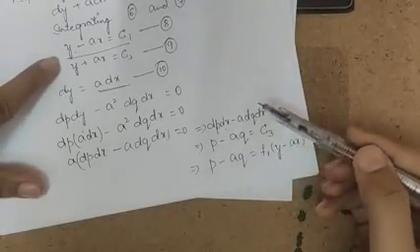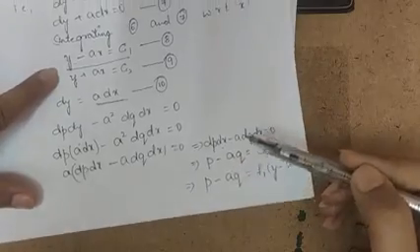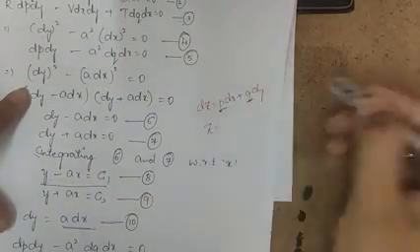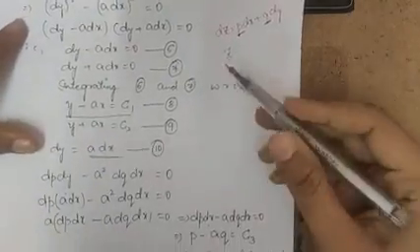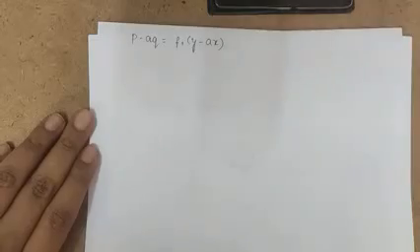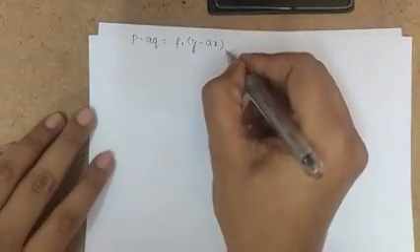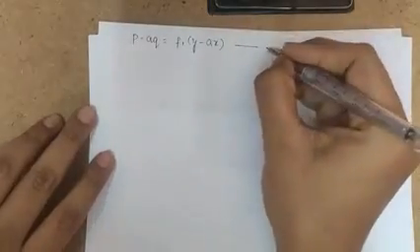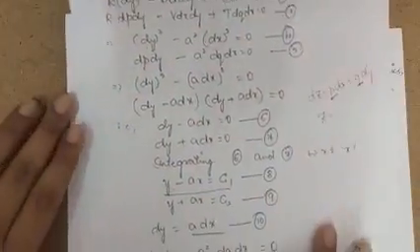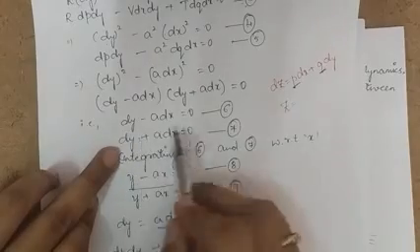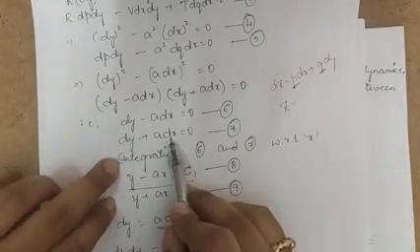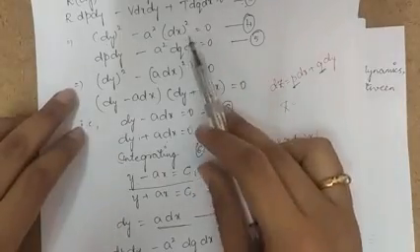So all this simplification we are doing just because we want to find out what is p and what is q. For that purpose we are doing all this simplification. So now I will call this equation as equation number 11. Similarly, I can write dy as minus a dx. So dy is equal to minus a dx, now see what equation 4 becomes.